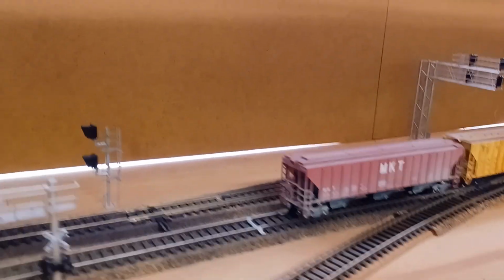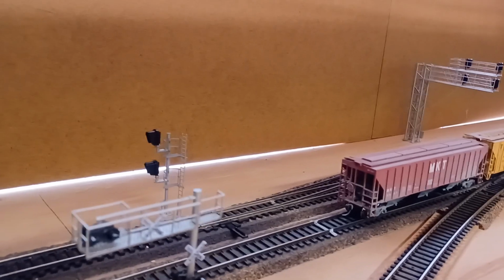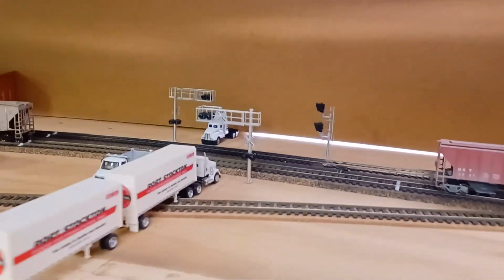In real life, it's got to be 250 feet, but I just go 50 feet on the layout. But yeah, this will look cool. This will be kind of a nice scene. There's not much out here. It's pretty easy. I'll just use some buff,